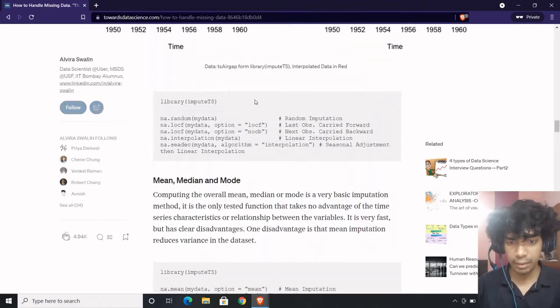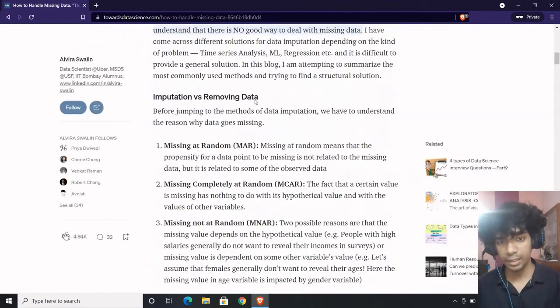Usually I've seen people using random forest. Let's say you can include the target variable in your training data set and keep the missing column as your pseudo target variable. Whatever values are not missing can be taken as train data. Whatever value is missing can be taken as test data. Train a model, get predictions, and impute your missing values. Then obtain a complete data set. Using the complete data set, you can train on it and then obtain predictions. That is one of the most popular imputation methods, which is quite prevalent in the industry.